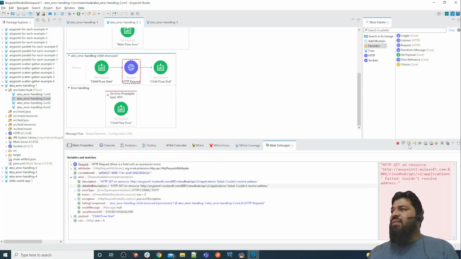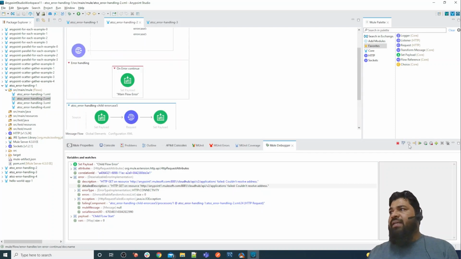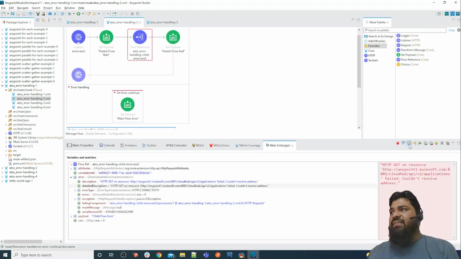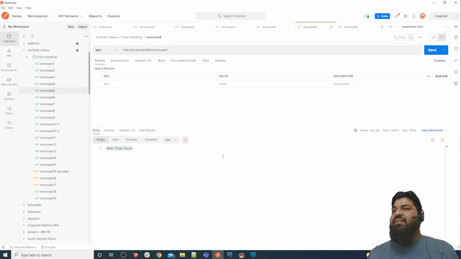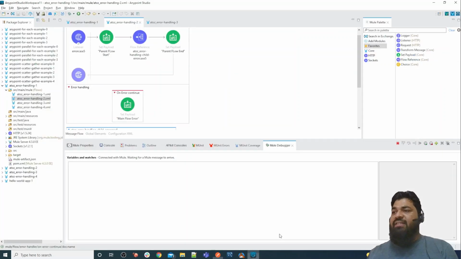Yes, the error has occurred, then it goes to error handling, it is a propagate, then it propagates the error. Yes, it is propagated, then caught by the parent flow error handler. As you can see, it is continue, so it will set main flow error with 200 status code. The status has changed, it was 500 previously.